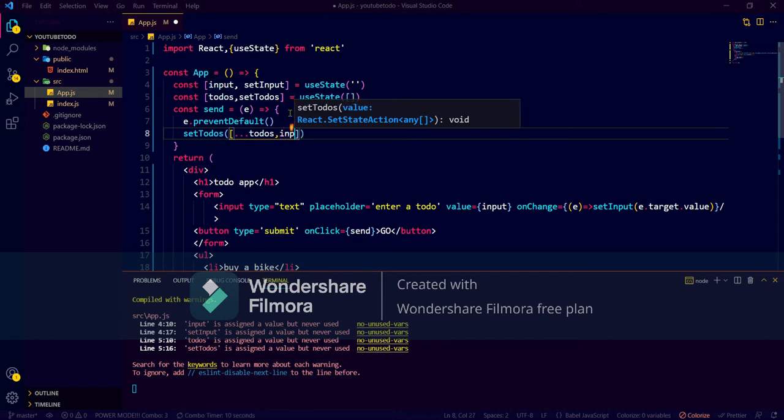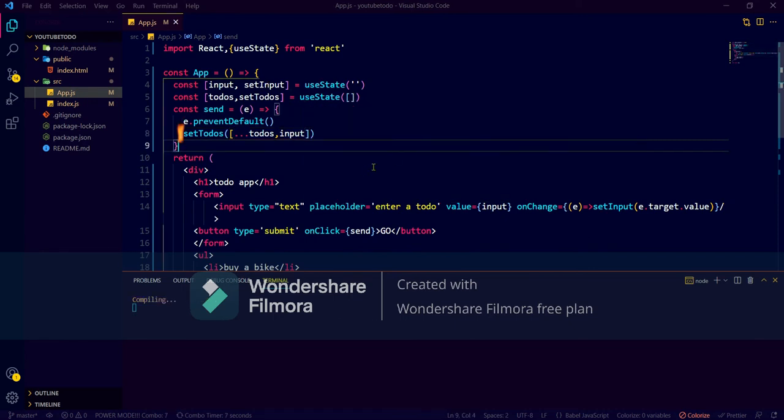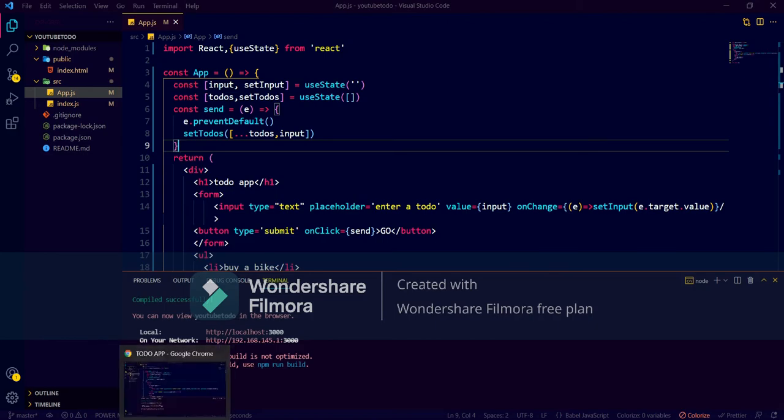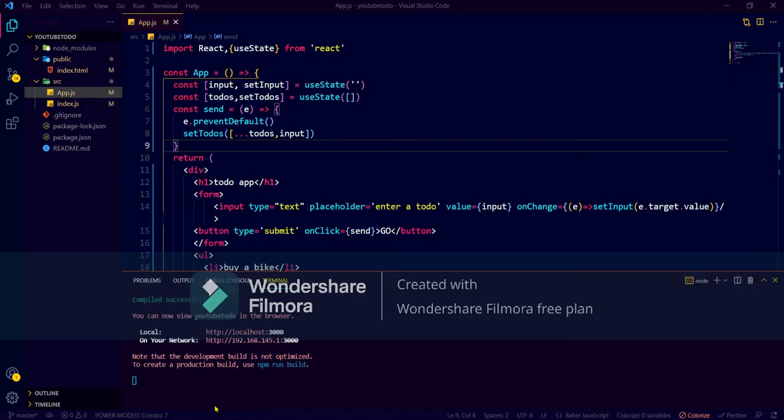So let's save it and go to the browser. When we write something and press this, it will not appear yet because we have done nothing with the list. This is a hard coded value, so let's do something with that.